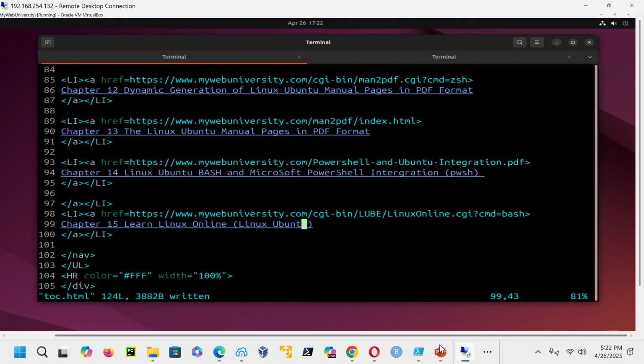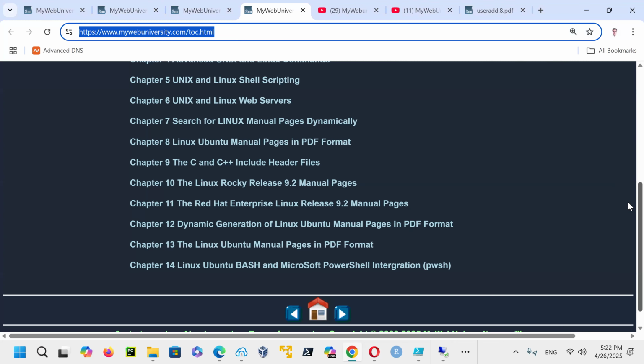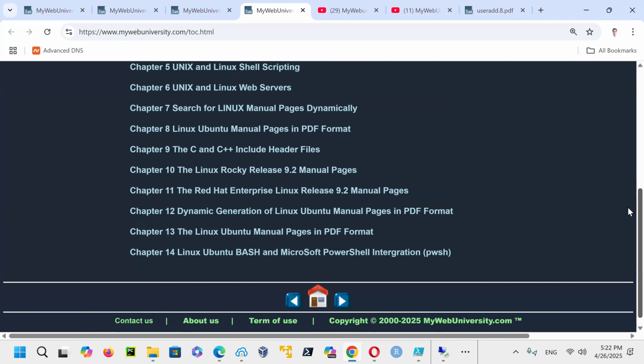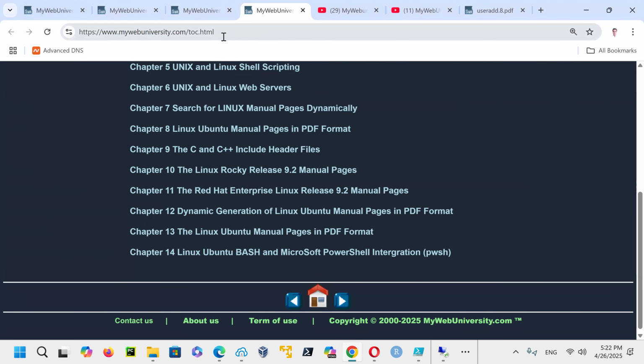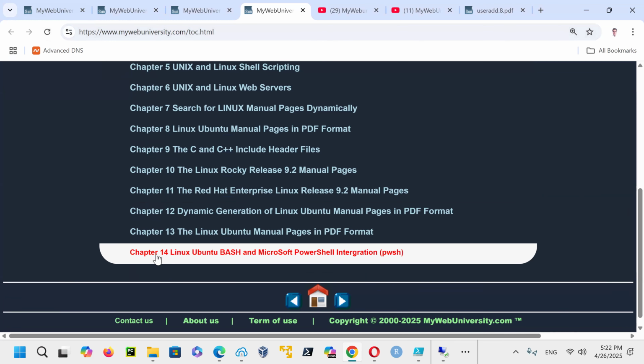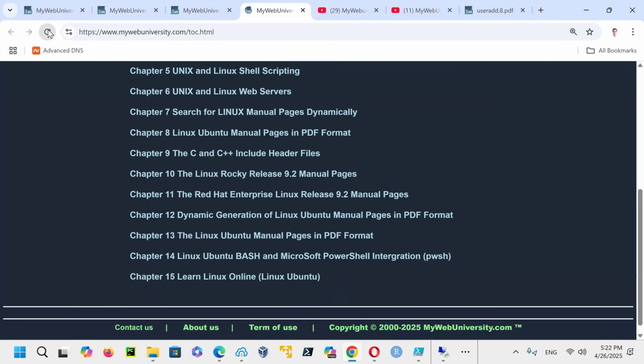So I'm going to make just this one available. Because I wrote the program in React, this table of contents automatically updates. Even though it's HTML directly on this page, as soon as you refresh it, chapter 15 will appear there, right?